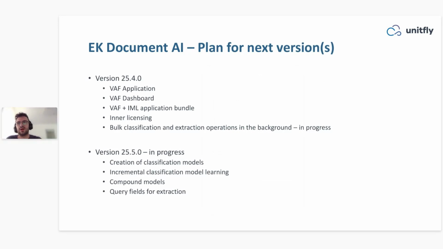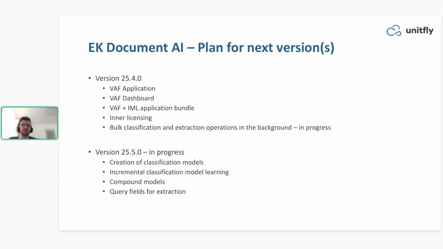So this is just a short roadmap for Extension Kit Document AI. You see that most of the features for the 25.4.0 version are already done. We are still in progress with some extraction operations in the background features, and then we are focusing on creation of classification models, incremental classification model learning,